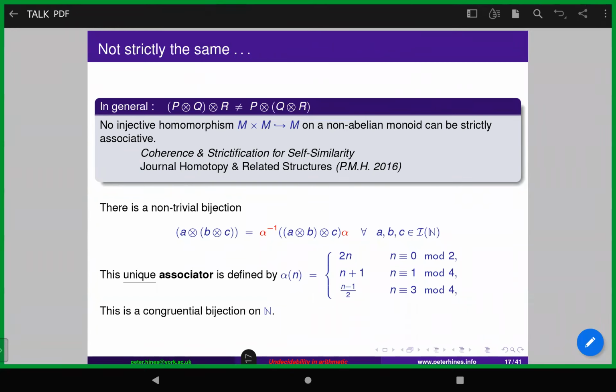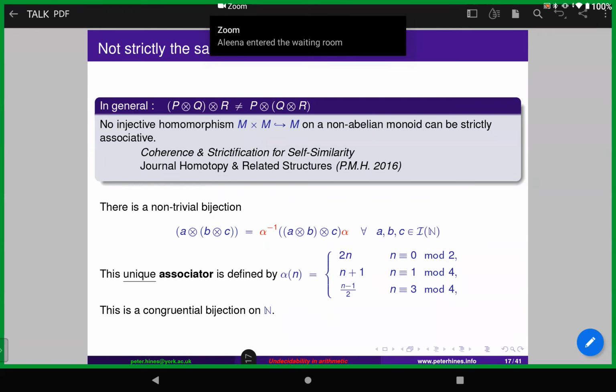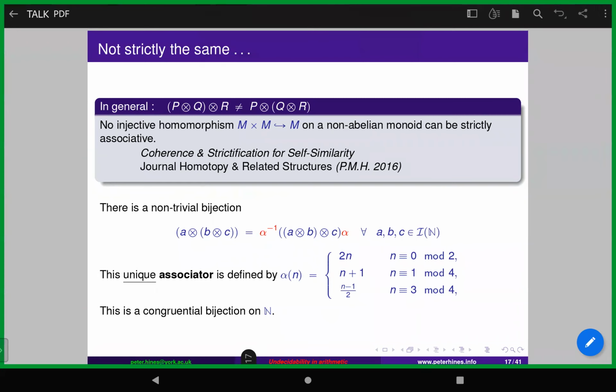So we call this the associator because it's about associativity. And for example, we can take a left bracketed A and B and C and map it to a right bracketed A and B and C simply by conjugating by this associativity isomorphism. And rather neatly, this is a congruential function. It's a bijection on the natural numbers, so it's a member of the symmetric group on N,